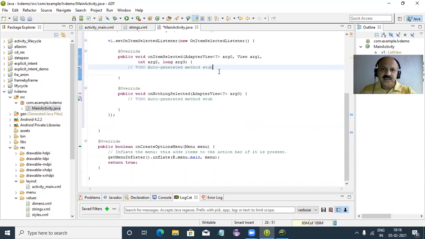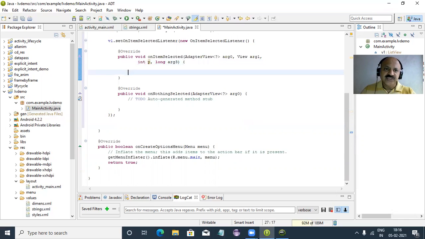So let us check. Yes, we can print. I give here the position. I remove that, and we can change that value. And now what to do? Here we can select our item. I think we can take a value one string variable and assign it. We can use the item at the position. So how do we get the position?